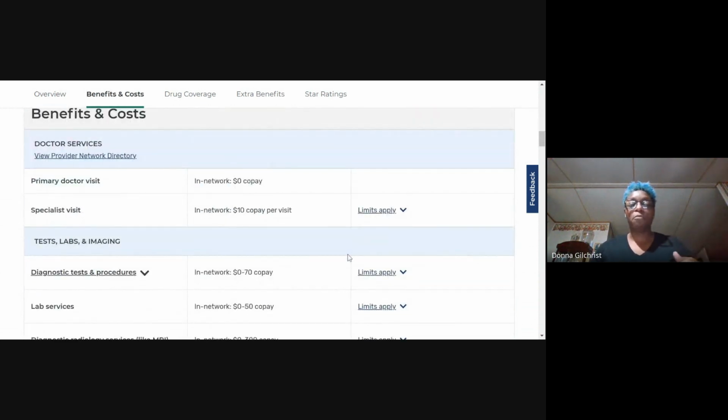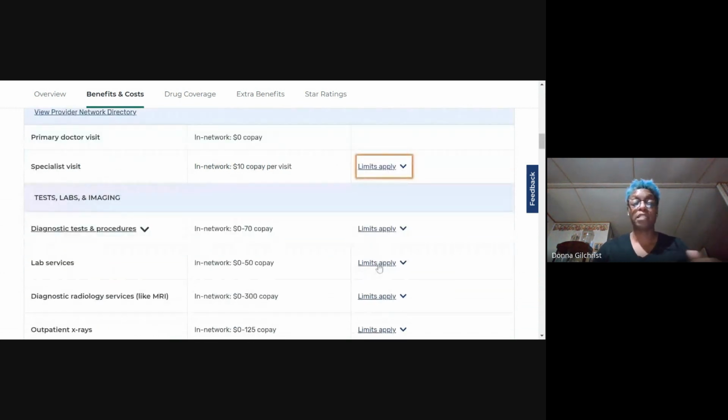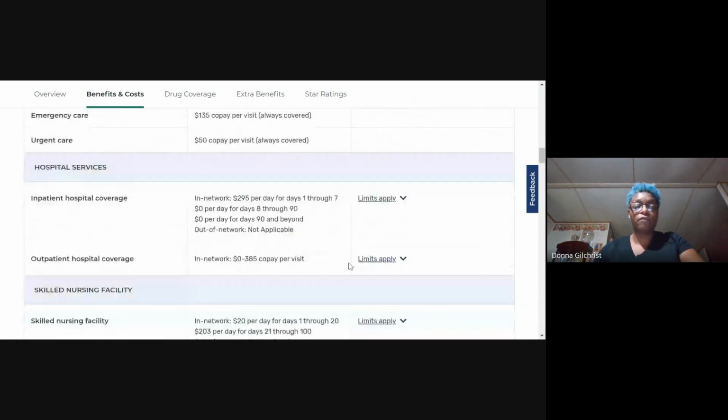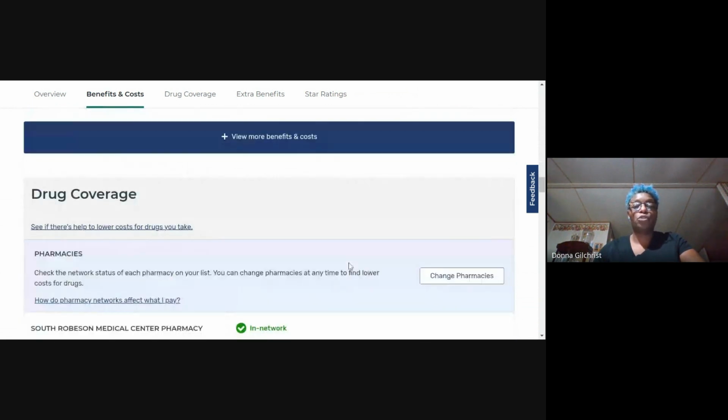All these limits you saw before. If you see limits apply, click it to see what the limits are. And sometimes, a lot of times it says the same thing. Sometimes it changes. So if you see it, you need to click it and read it. All right. Don't just assume it's going to say the same thing. We covered all this before. This gives you information, skilled nursing. I'm going to get down to,